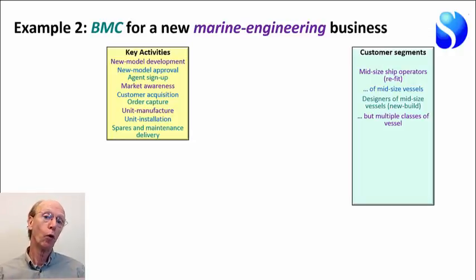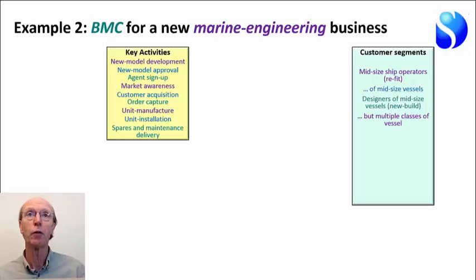They have to organise and manage the manufacture of the units that get installed in the ships. The company outsources the manufacture itself, but you've got to have people to supervise that. And you also have to supervise the installation by third-party installers who will put the equipment actually in the ships, and then you've got to go and commission the equipment and make sure it's working properly. And the last activity is that you have to arrange for the availability and delivery of spares and maintenance for the equipment. So quite a rich set of activities in this business.